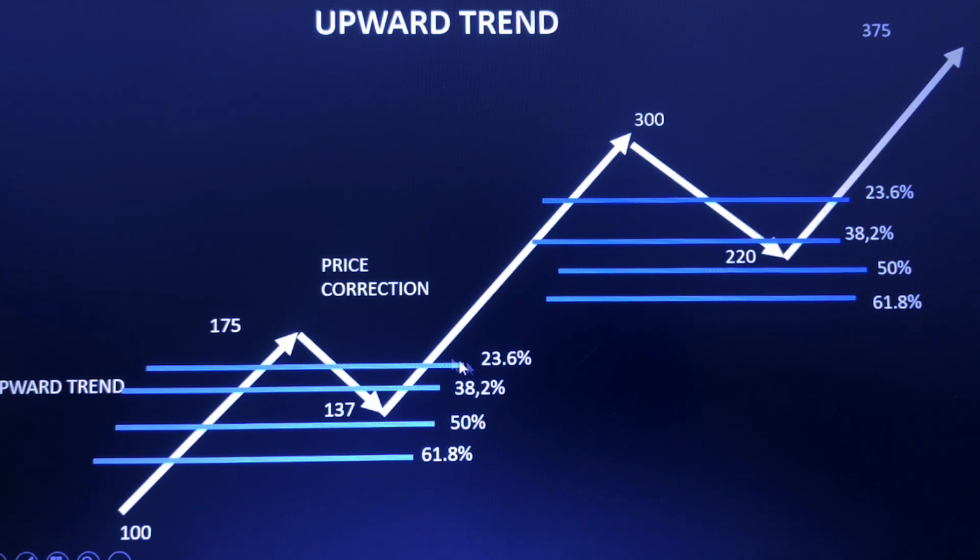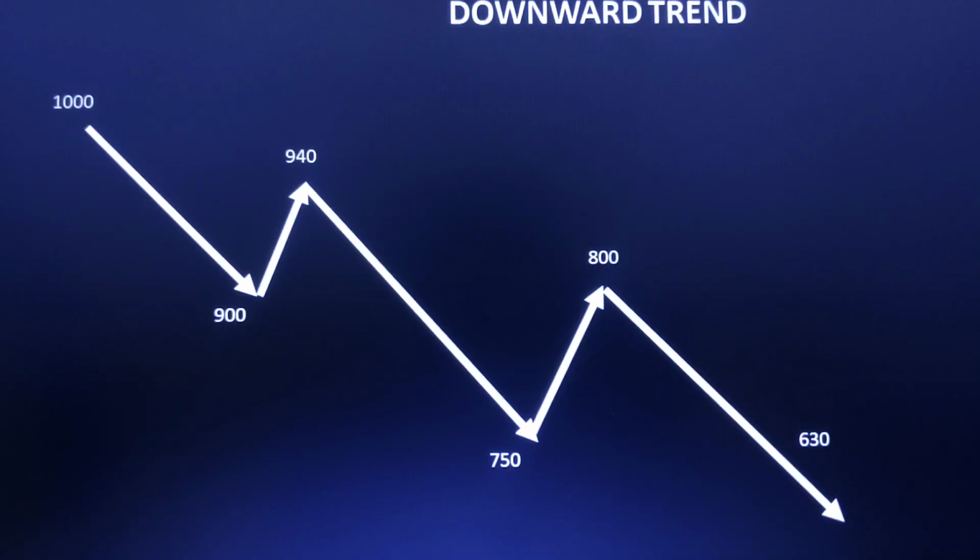So this is the way we draw it. In an upward trend, we connect from low to high and find all these points. Now we are in a downward movement. You can see the price of this stock is 1000. From there the correction happened, with continuous selling going on. It touched 900, then some small profit booking and small buying happened, up to 940. From 940 the selling continued and 750 was touched. From there some profit booking to 800, and finally 630 or so.